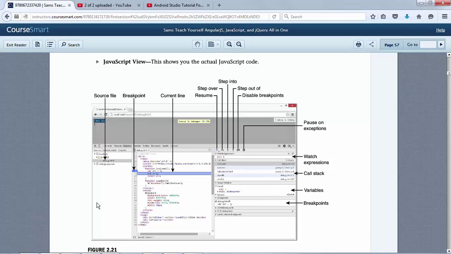The JavaScript view shows you the actual JavaScript code. Okay? The source selection menu shows you a list of the source files, including the JavaScripts loaded onto the page, and I believe that's here. The pause on exception, when selected, the browser will break into the debugger and stop executing if an exception occurs. The watch pane, which is shown over here,